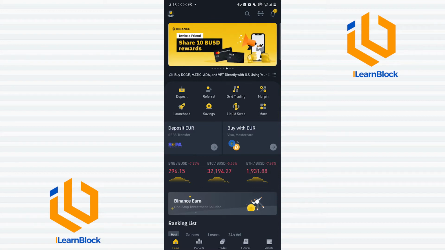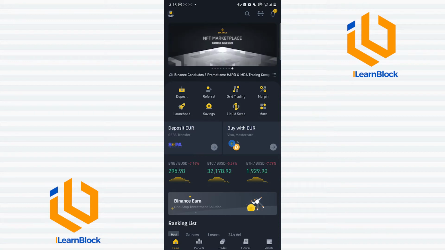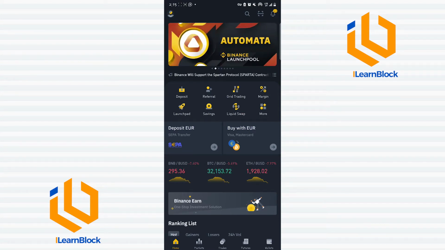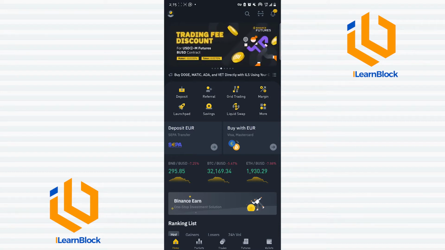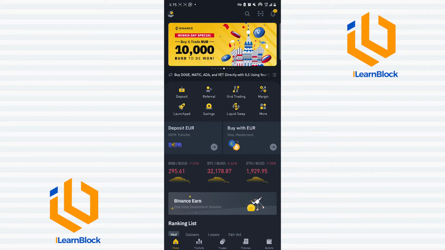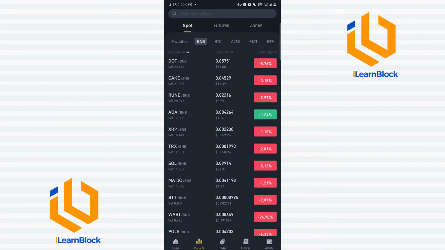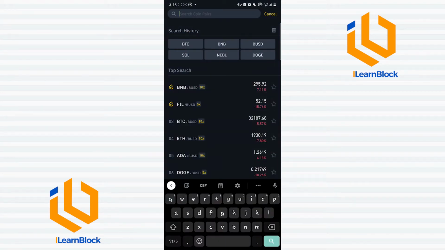Now the first thing is you should have already deposited money on your Binance account. So let's say you would like to buy the coin with BTC or USDT, you should already have BTC or USDT available on your Binance account. Now the next step is for you to click on markets. Now let's say you would like to buy the coin called Matic. So you click on the search bar and type the name